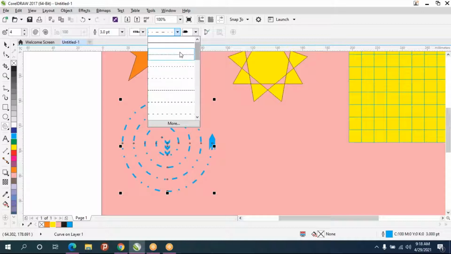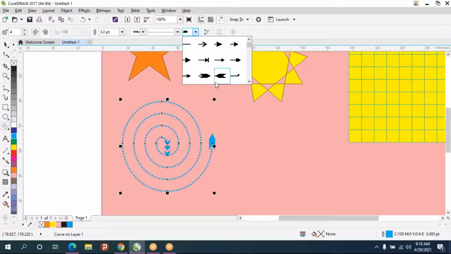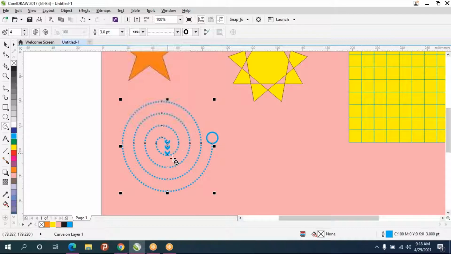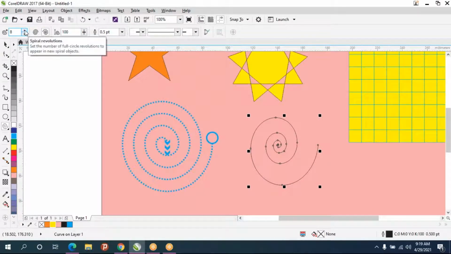So we have different types of lines. So for the start point and the end point, you can give any design you like. And opposite spiral. So the spiral values you can increase or decrease here.